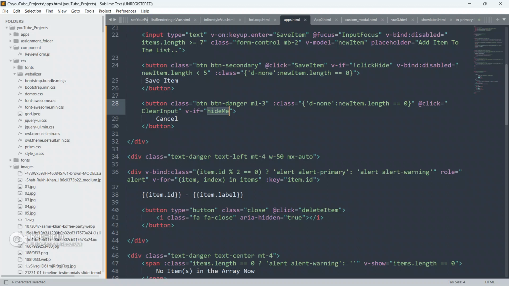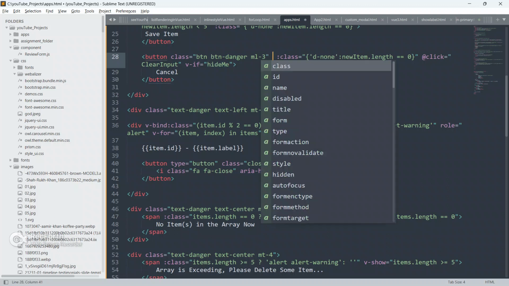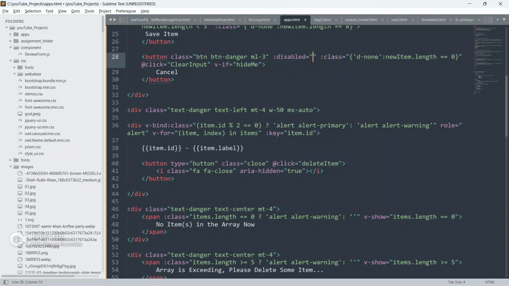Give me just 2 seconds. @click clear input, class btn, class d none, new item dot length equal to 0 or disabled, or disabled, new item dot length is less than 0 and if hide me.